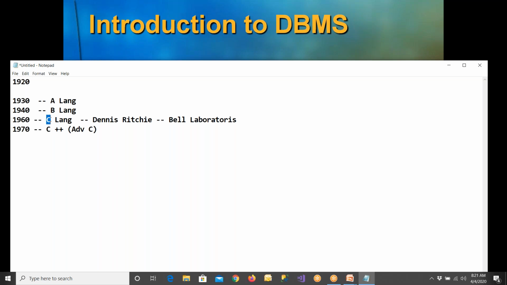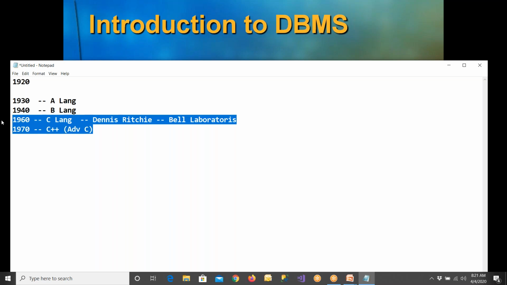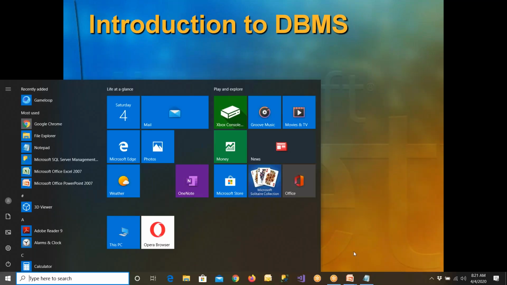All the syntax of C language will work, but apart from that, some more extra features got added, and this is a completely OOPS oriented language. OOPS concepts and everything got implemented. So this is the history of the languages. Then after the early 80s, we got Java, .NET, and a lot of other languages introduced into the market. Now you have Android, PHP, and many more. But in the early 60s and 70s, we had only these two languages to communicate with the computers.